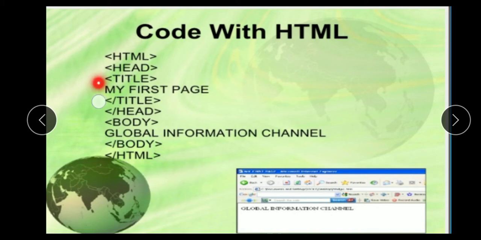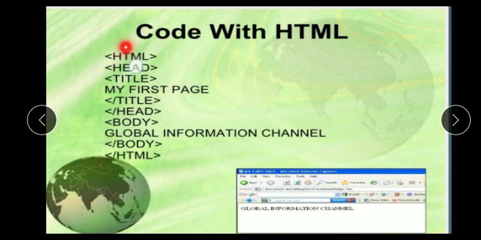In the title you write the title of the page you want, and after that you close title, then close head. This is the standard format of HTML code. You always follow these steps to write HTML code.